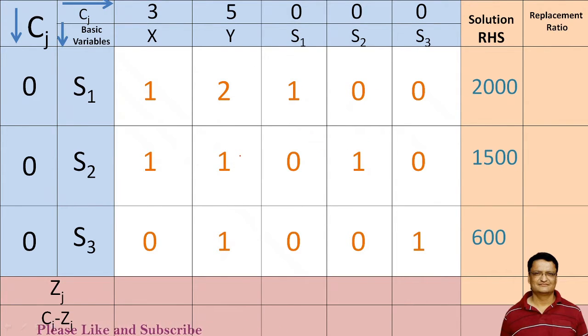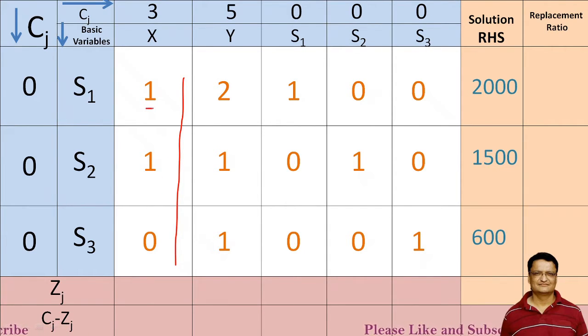Now it is time to calculate the value of Zj. So what is Z? Z represents the profit. Now at this point let us try to calculate the profit. How do I calculate the profit? We have to calculate the profit for a particular column, and this is given by this particular variable into this profit coefficient